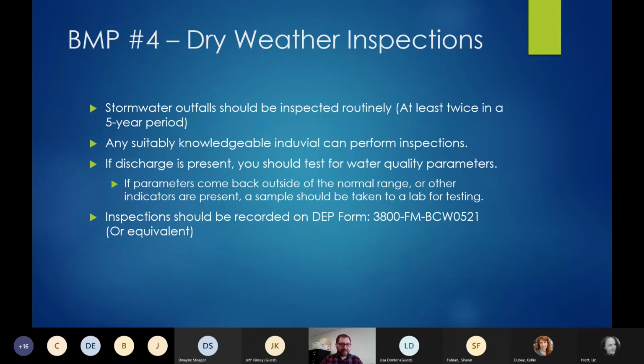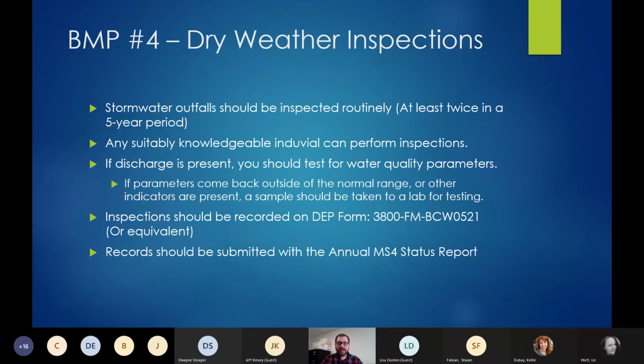And I put this in parentheses because at the township, we use a digital form for all of our inspections. I'll show that form to you, but it's very close to what DEP uses. The reason you should try to match DEP is because this is what they expect it to look like. This is what they've developed using their knowledge of illicit discharges, and it helps to create more consistency with everything. And finally, any records that you have, at least of illicit discharges, should be submitted with your annual